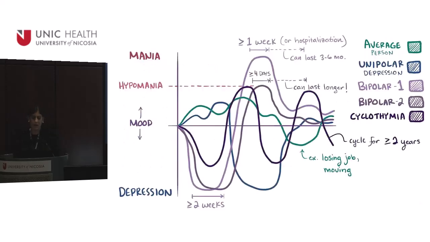Here in the diagram, you can observe the range of symptoms associated with bipolar disorder. The green line shows the average mood, and the purple shows bipolar 1 and bipolar 2. Most people experience normal ups and downs, but with bipolar disorder, the range of mood is greater than normal and often more extreme.